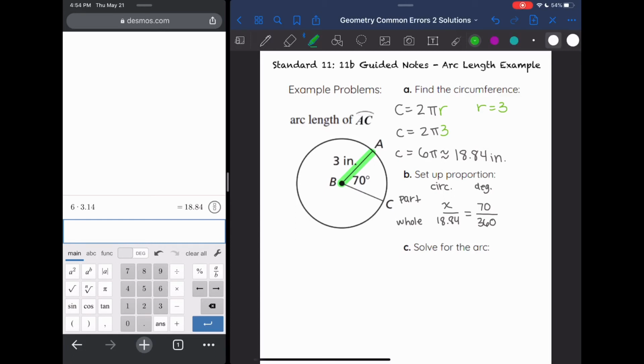We can solve this proportion by using cross multiplication, so we can multiply x and 360 and set that equal to the product of the other cross. So 18.84 times 70. And now we have an equation that we can solve. So 18.84 times 70 is 1,318.8